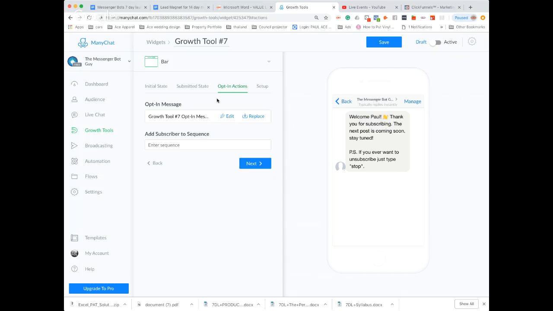Okay, so in the description, it should probably be below this video, there's going to be a link to a share flow. And what a share flow is, I've actually already built the bot out for you, and all you need to do is just fill in the gaps. So once you click on that share flow,